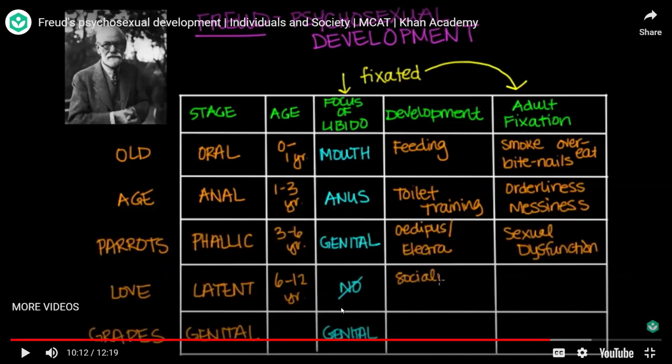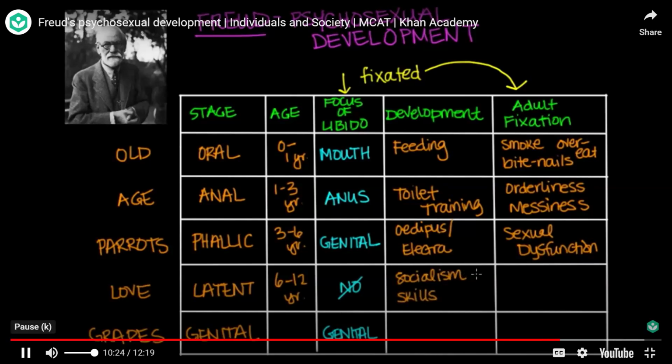During the latent stage, the child is in the primary. So the teachers, the school should get the child to engage in physical activities, extracurricular activities. You don't have to get them to be couch potatoes, seated at the same place. Then they will be obsessed with the previous stages. But if the school, if the home can promote physical activities and other activities, the child can go through a smooth personality development. That is an insight for the teachers, okay? We can say the socialism aspect and the development of new skills.